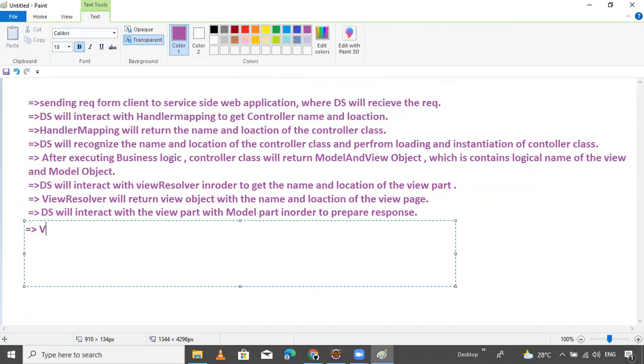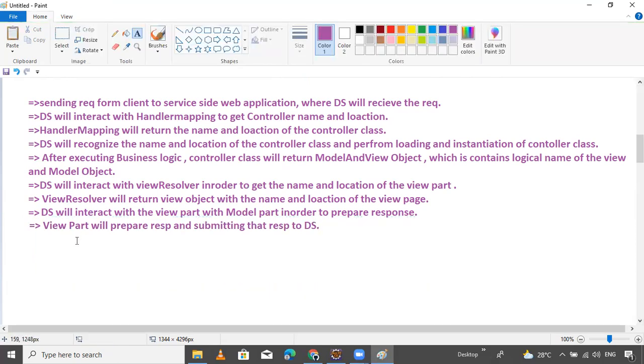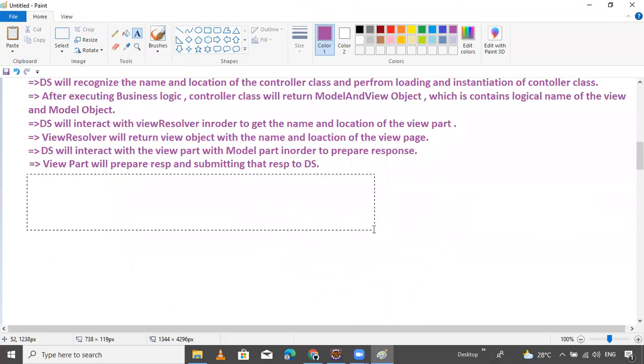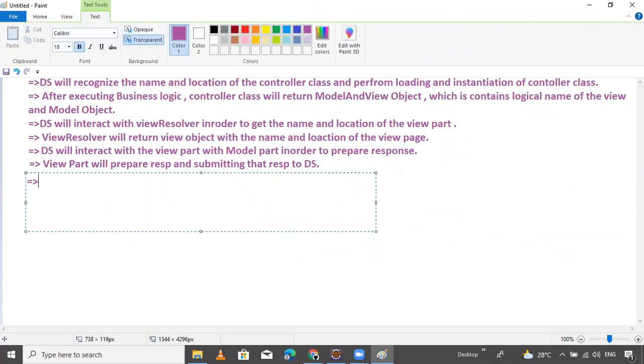The view part will prepare the response and submit it to the dispatcher servlet. Then it's the dispatcher servlet's responsibility to generate the response